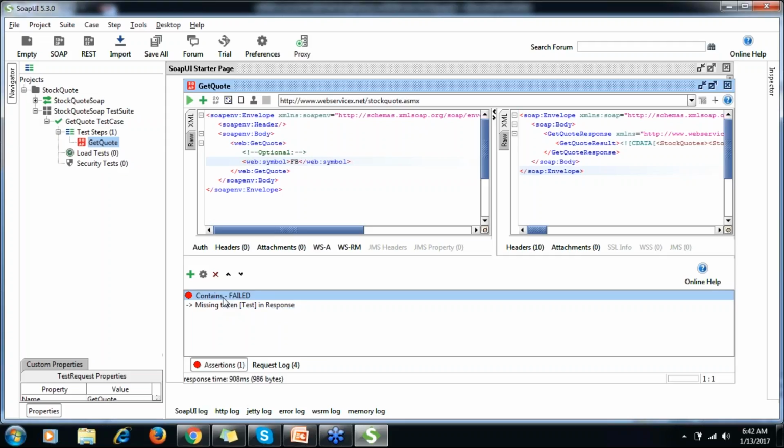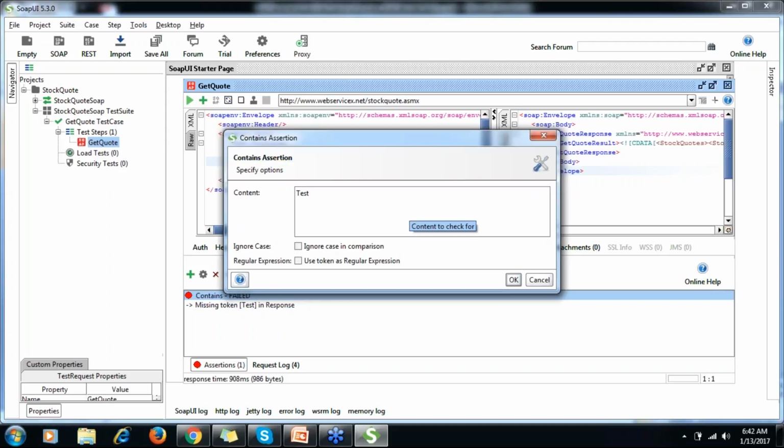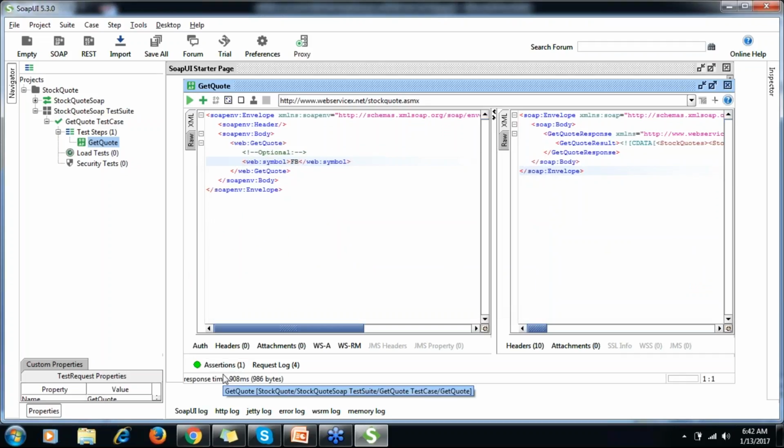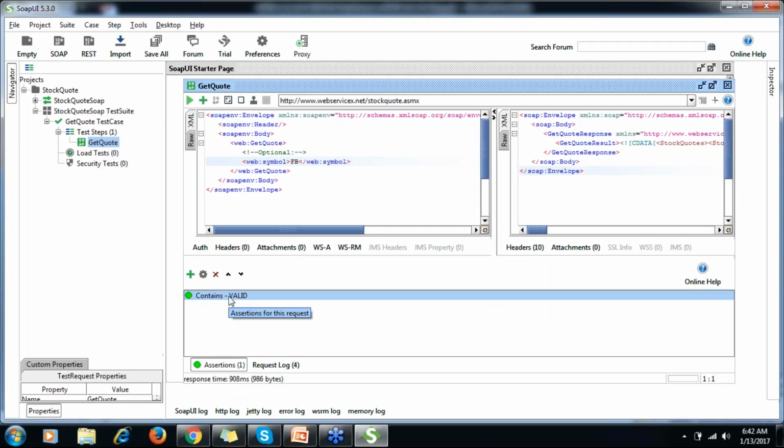There is no test tag name, there is no test string, so that's why it is showing failed. Whenever it fails, it will show you a red circle mark, you can see there. So let me put the right node name, and you can see now it is a green mark, so it means it is valid.